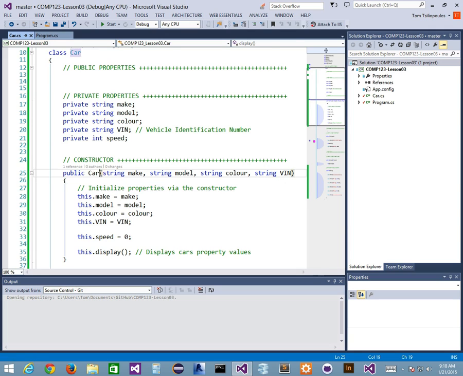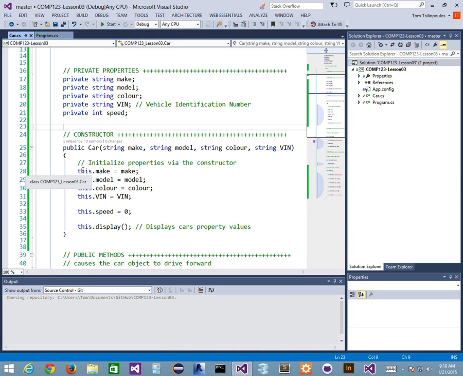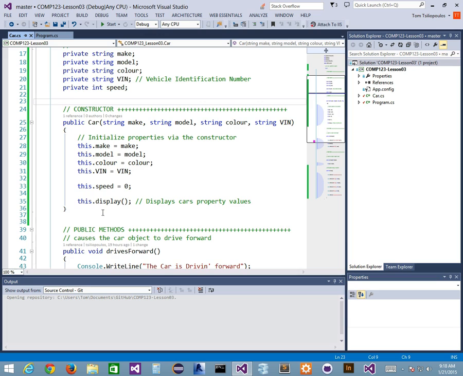I've defined a parameter signature for my constructor that takes four parameters: string make, string model, color, and VIN. These are value parameters that are incoming. So I take the values that I pump into my constructor, and then from there I reassign them. I initialize them into my properties, and then from there I call a display method to display my properties. Yes? So does that creating the private properties as class properties, mhm,